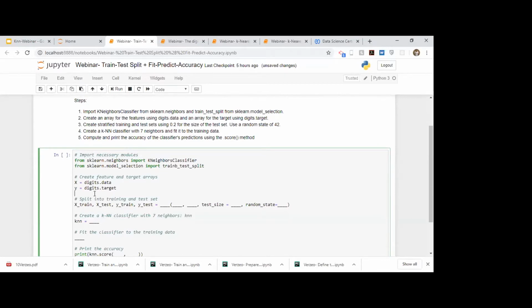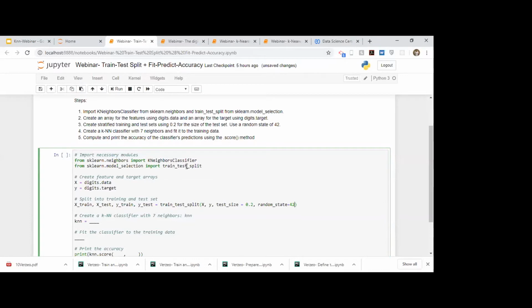Next comes our train test split. So how do you split it? You use this function train_test_split. First parameter will be our X, which is our features. The second parameter will be our target. Target is the column that you want to predict. And what is our test size supposed to be? It is supposed to be 20%, so we'll just write 0.2. Random state, you can assign anything. For reproducibility, let's assign 42. So if you want to obtain this same split as me on this data, then use this random state.